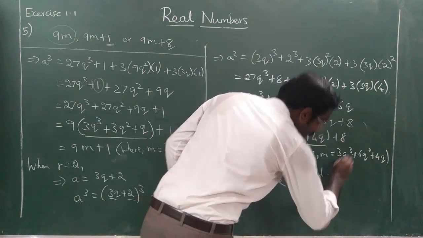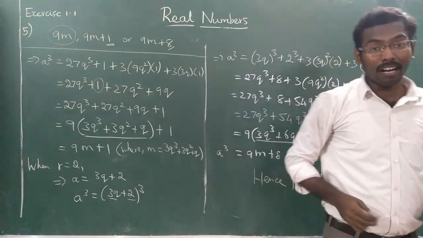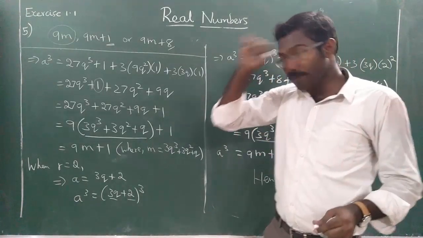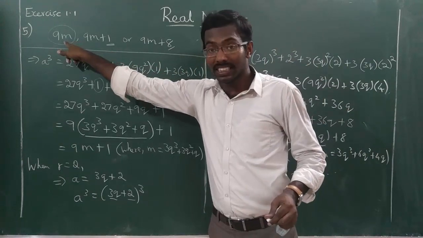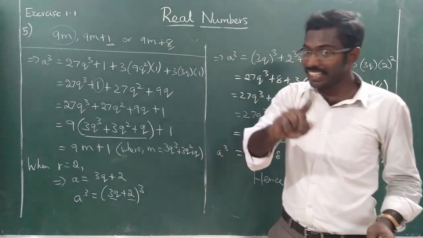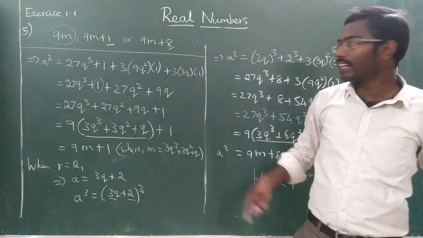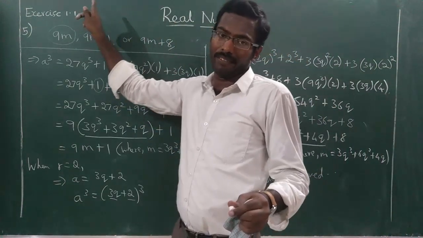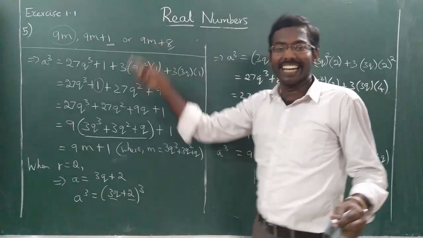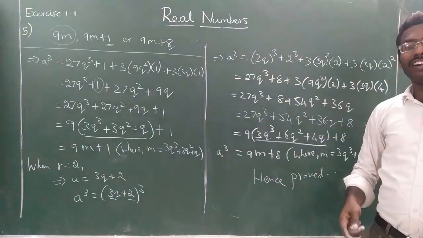Easy, isn't it? They may ask me a 3 mark question, so please keep it in mind. Though here 9m is given, don't take b is equal to 9. If you take b is equal to 9, it will take more than half an hour for you. So please take b is equal to 3. Understood or not? I think it's easy. Okay, so please copy it down.